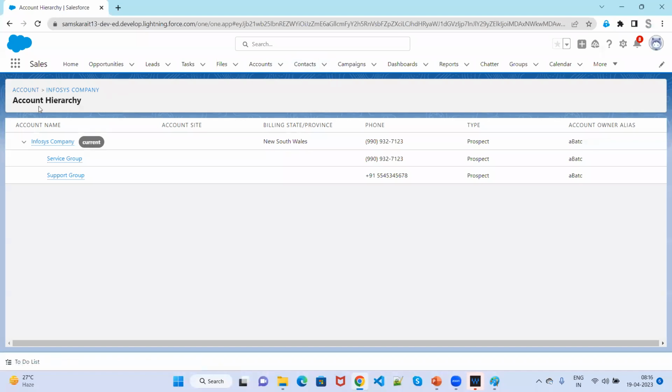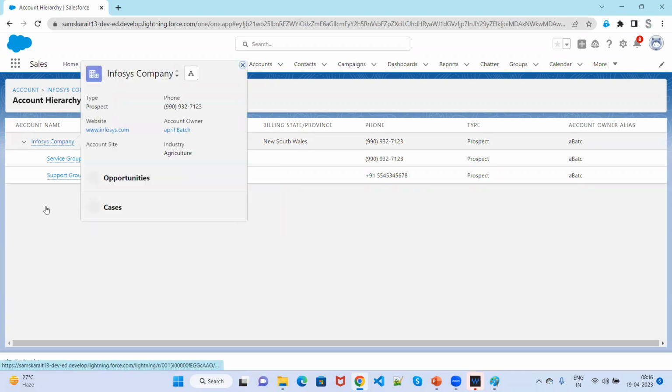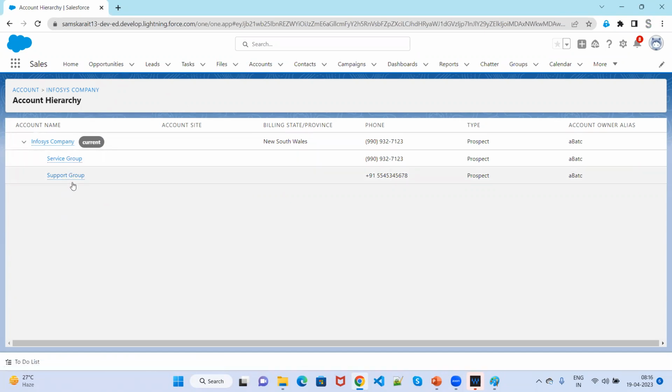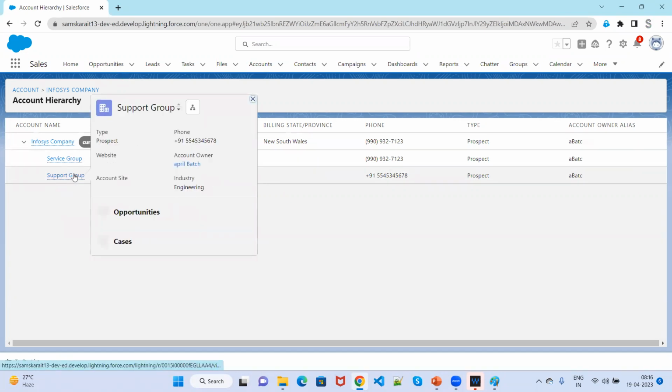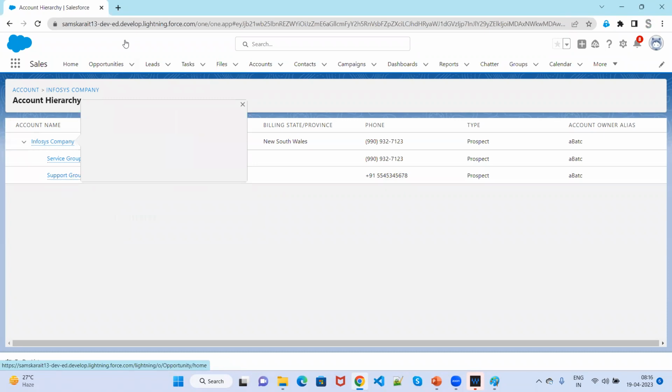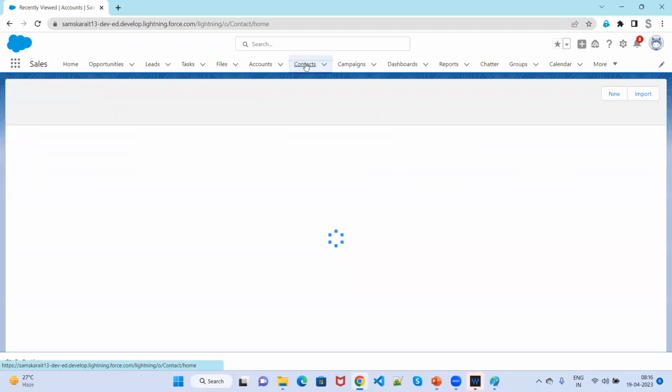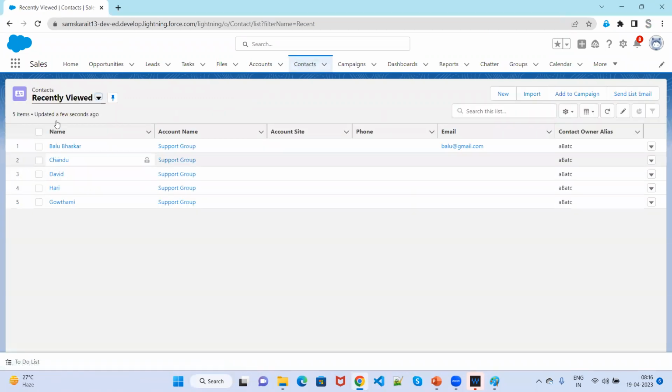If you go to the contact, here it shows contact hierarchy, because hierarchy at the record level is object specific. I can view for this account what child accounts there are, or for this account what the parent account is. Similarly, if I go to the contact, right now I'm in the contact object,